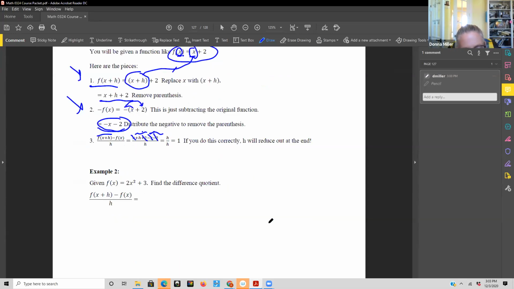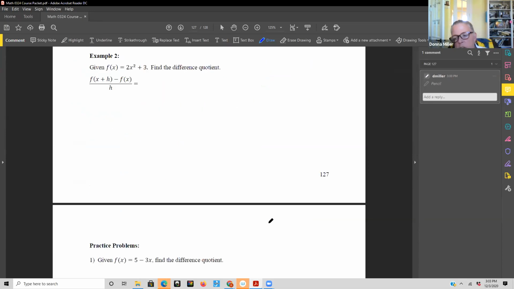Okay, so we're going to work one. Example 2 would be something like you would see in 1325. The thing that makes it harder, not terribly hard, is that you have this x squared here. All right, so we're going to step through all the steps one at a time. So first step,